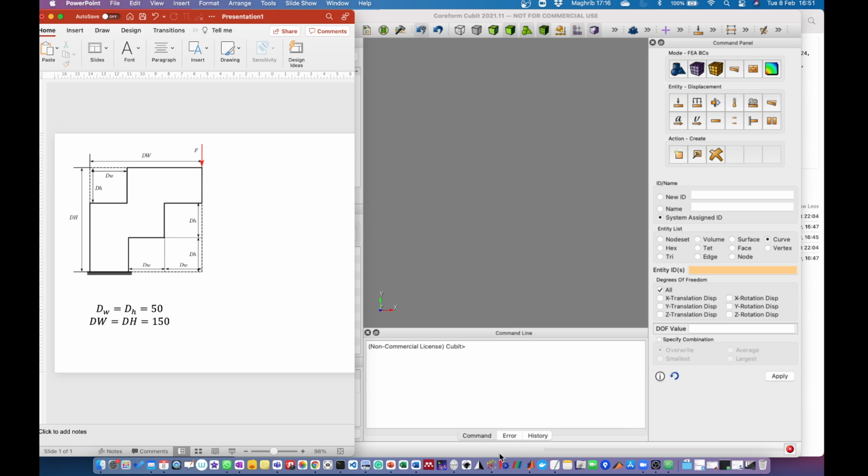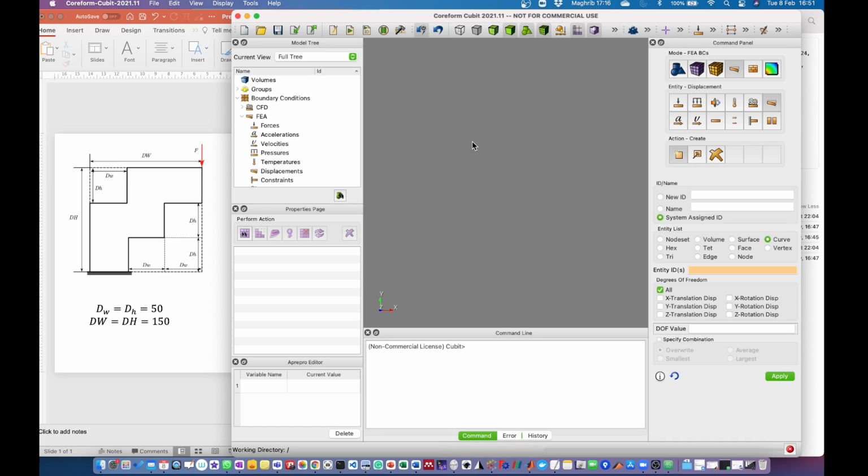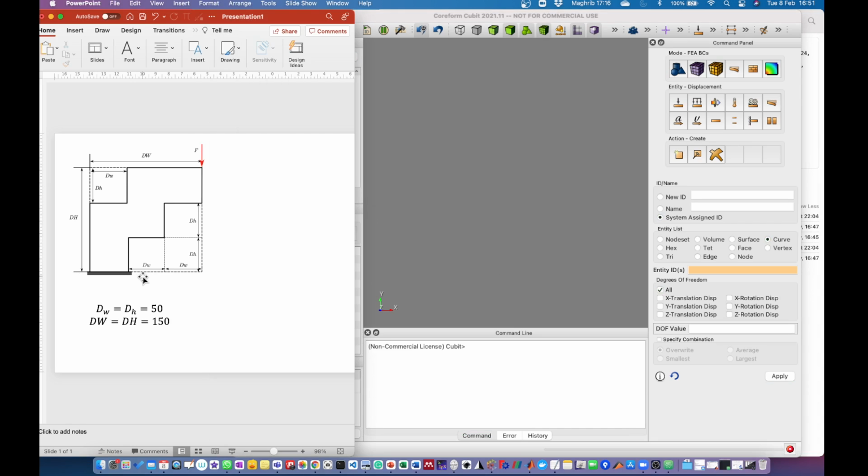So if you open Cubit, this is how it looks like. The way we will create this geometry is we will create this point by point. So we will enter the coordinates of all these corners, then we will draw lines, and then we will create the plane, then we will mesh it, we will apply the boundary condition,